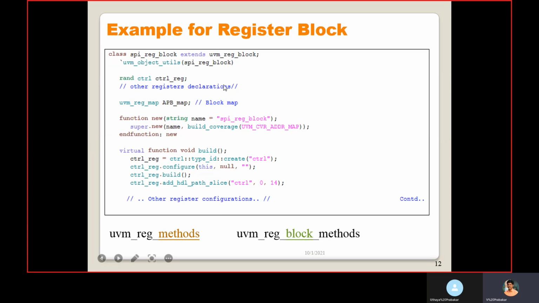Then this is the uvm_reg_block. If you want to see what methods are available in uvm_reg_block, you can open this link and see. Here I am using new, passing this string and then uvm_cover_address_map. If you want to see what arguments I need to pass for the new method, you can see it here.